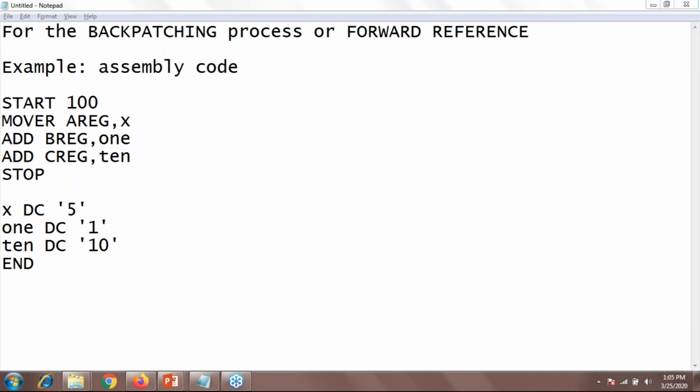So start with the first sentence, that is the address, or second have the value of X, right? And what is the meaning of